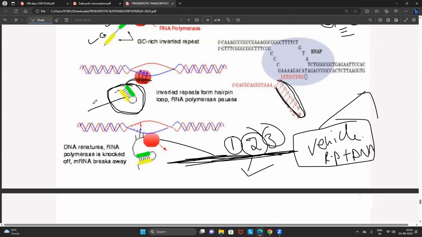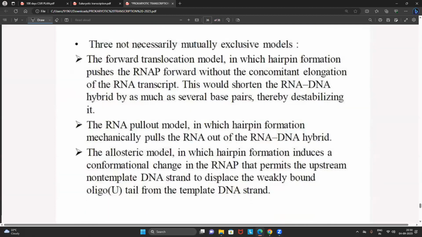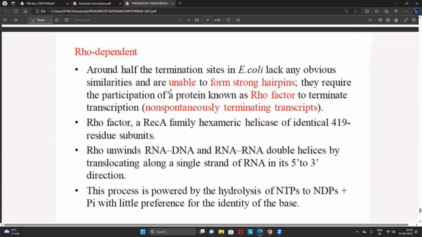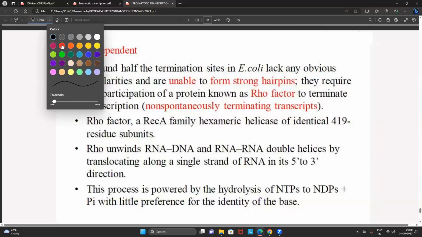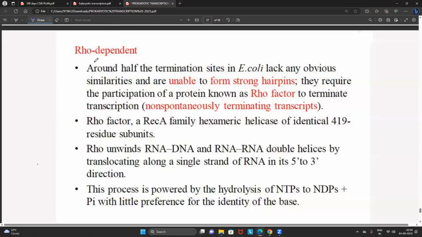In the same way, every time the hairpin loop is not strong, they require the help of an external protein called Rho protein. Never ever get confused with that particular point. So friends, whenever there is a use of that external protein or an external enzyme, that is called Rho dependent termination. Now you see this point, what I have written. Every time it is not possible to form strong hairpins. Every student remember, every time it is not possible to form strong hairpins, then my friends, we require an external protein named Rho protein.